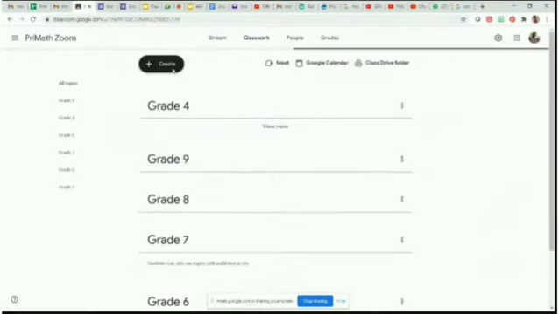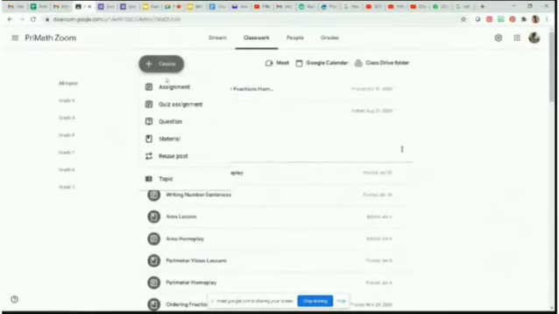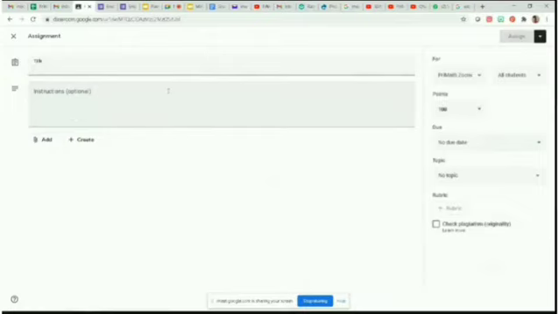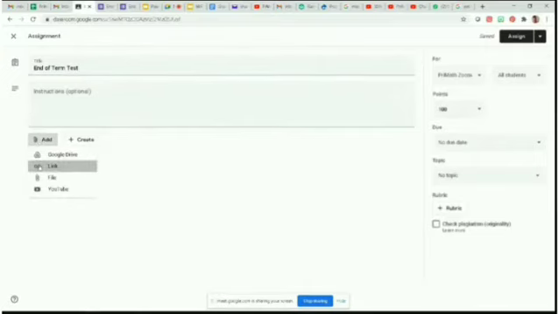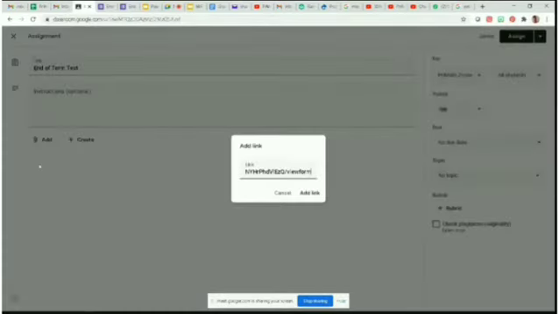So you can go create, and you can do assignment, and I might want to call this end of term test, and I might want to put some instructions, and then I go to add link. I'll paste the link I copied here, add link,